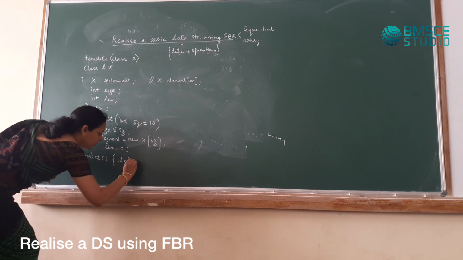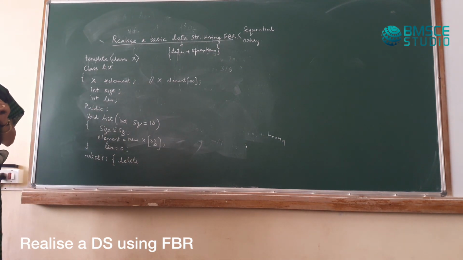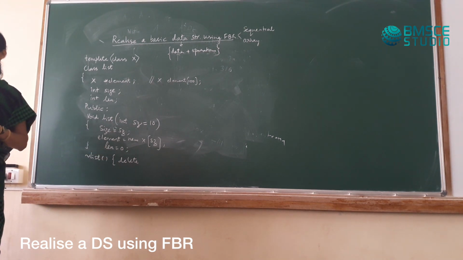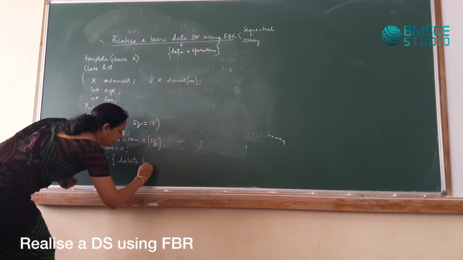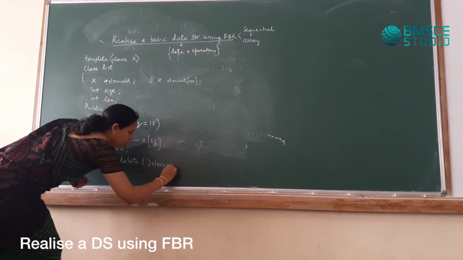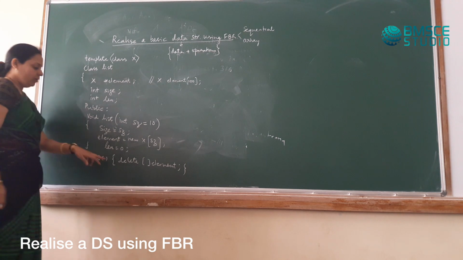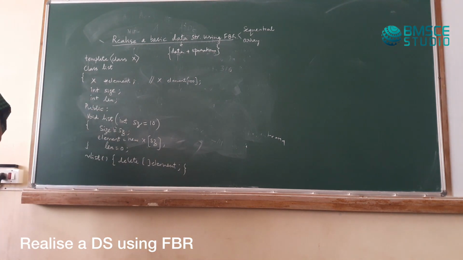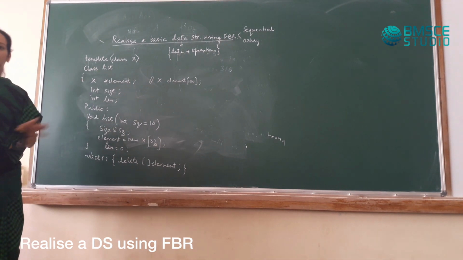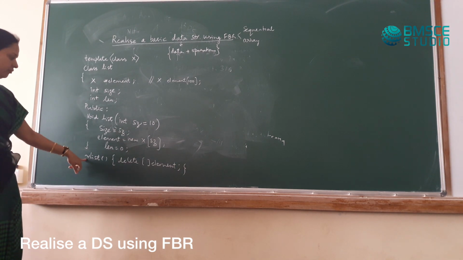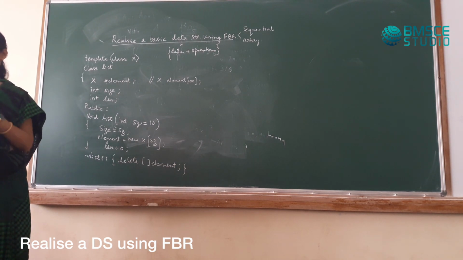So, we will delete. You have to delete the pointer. Delete is a keyword. Delete what? Element. Delete the array element, because we created an array with element. Now when we do this, is the data gone? Now suppose I have created a list to hold 10 and I have stored 10 data items there. Then once the destructor is invoked, will all the data go?